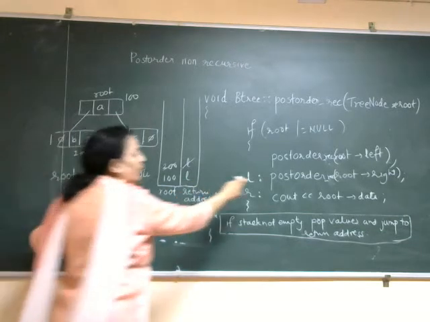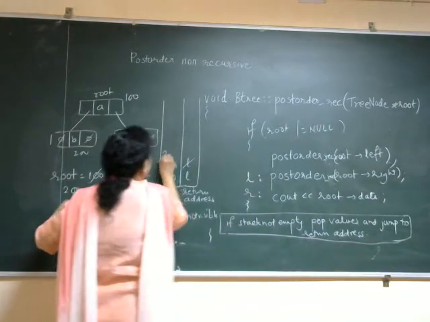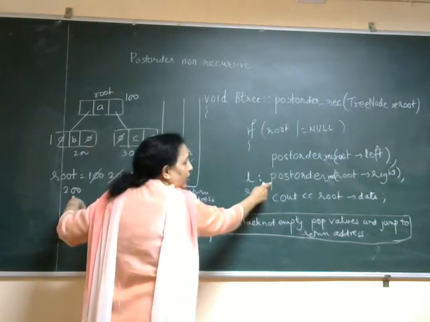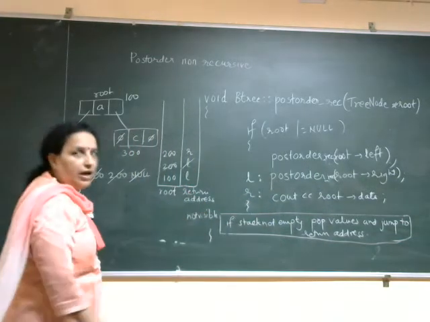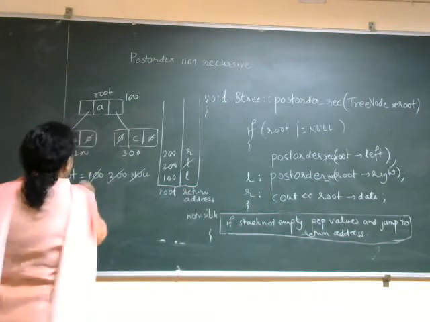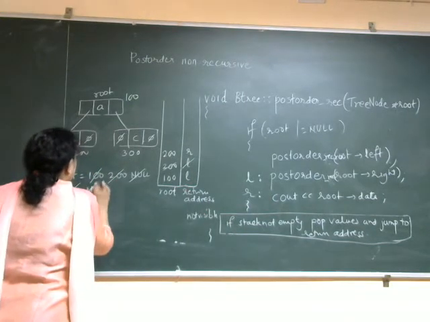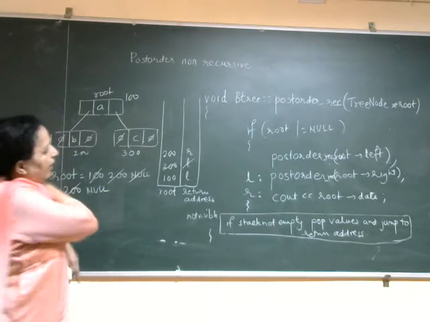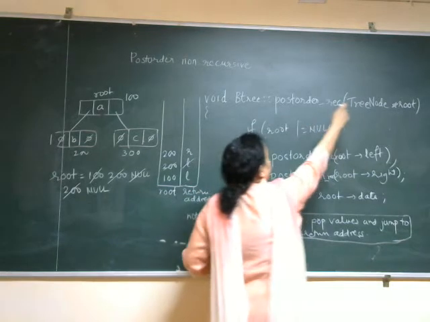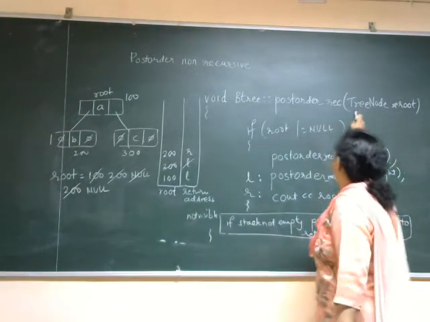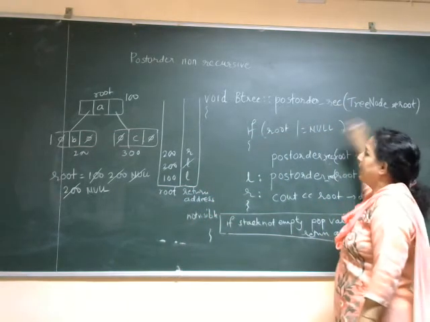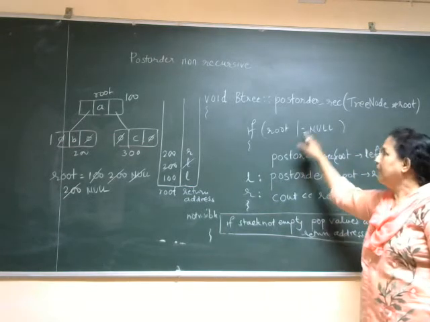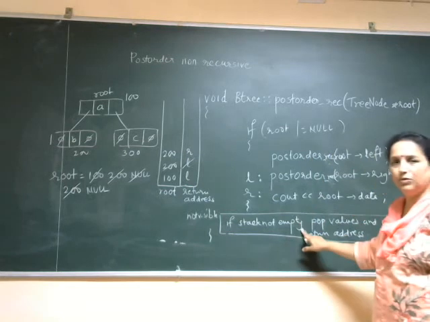Okay. So when I call this, again I will put previous value, that is 200 with return address. Now I have called this call. So return address is what? R. So I will put this and I will change the root, that is null. Okay. Again, I call this function, so I will come back to this. Now over here, root is now null. So again, I will come to this. Okay. Now, if root is null, I will come to this statement.